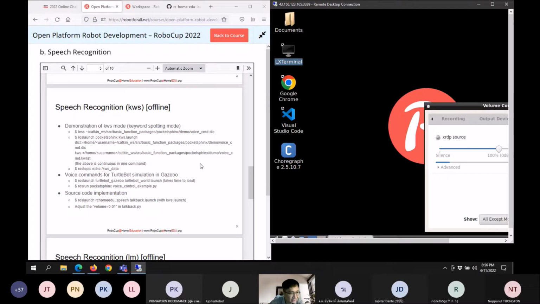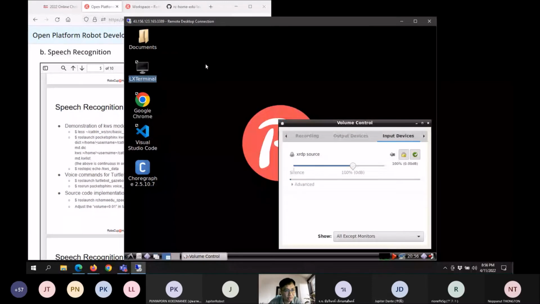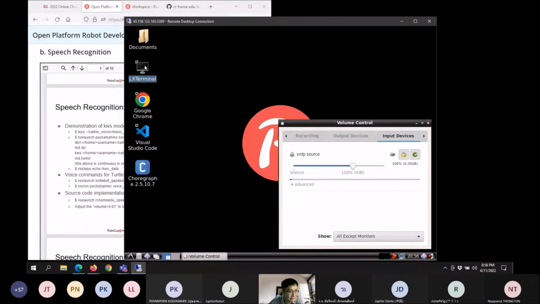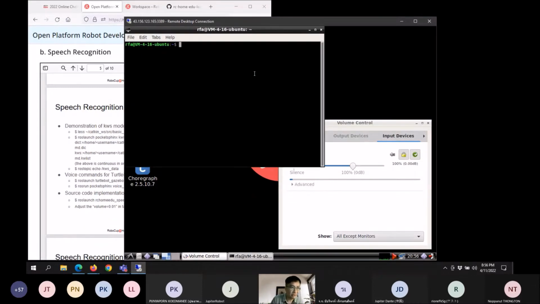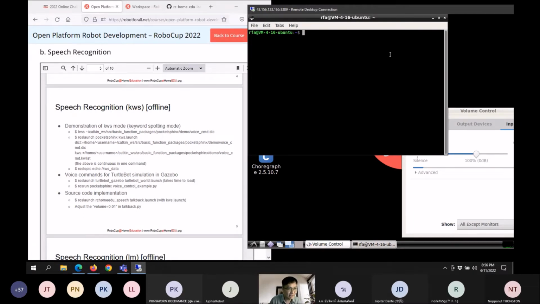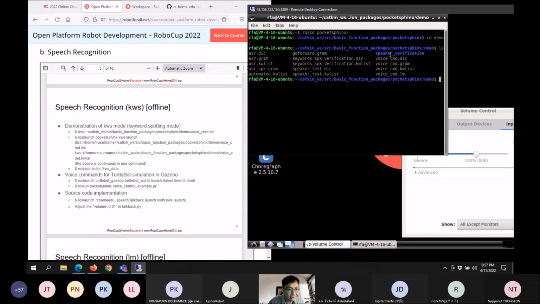Right, so for the first one, we are going to run this one. First, let me show you the dictionary file. For offline mode, okay, this one is running, good. You need a dictionary file and some database, as I said just now. So you need to tell the system what kind of words you want the system to recognize. Okay, so now let me go to ROS, cd to PocketSphinx. Right, then we cd to demo. Okay, right, so we have all this. I'm going to nano